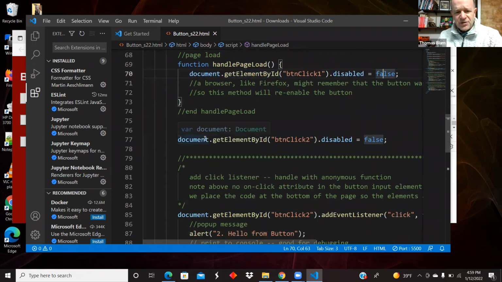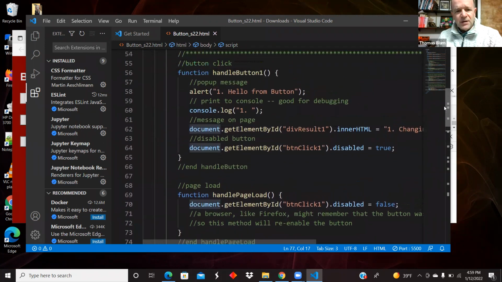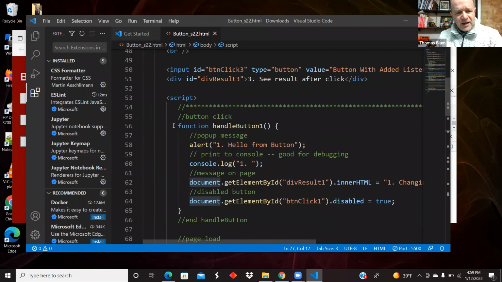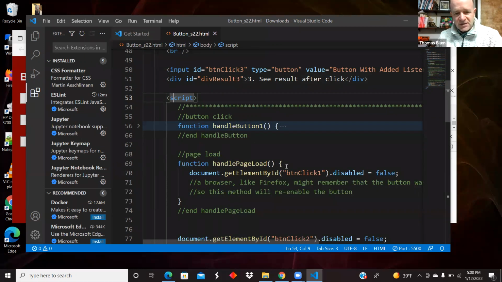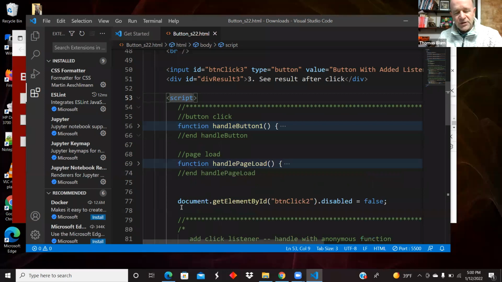And here I just have some code in my script. So here's my script. I have a function. In my function, this is handleButton1. That's a function. Here's handlePageLoad. That was a function. This code that is enabling button click 2 is not in a function. So functions wait until they are called, until somebody tells them to act. So this is told to act when somebody clicks the first button,